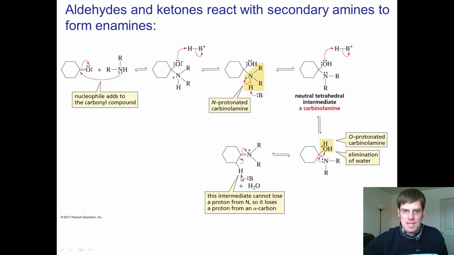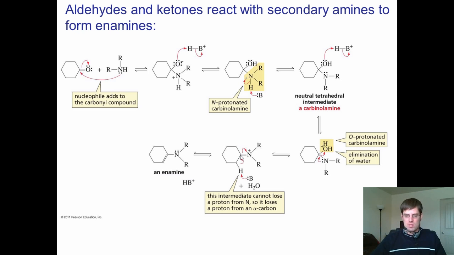Well, you'll see that the imine in this diagram is shown here. If you take that imine and treat it with a base, denoted here by this B, it will strip a proton on the carbon alpha to this imine carbon and generate this type of compound, which is called an enamine,